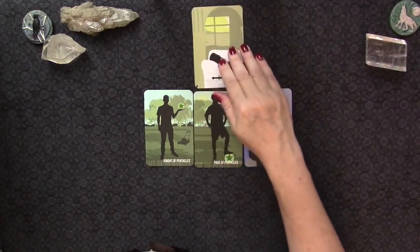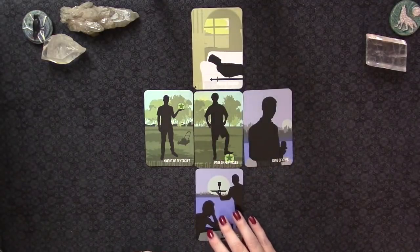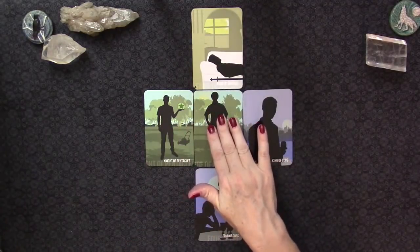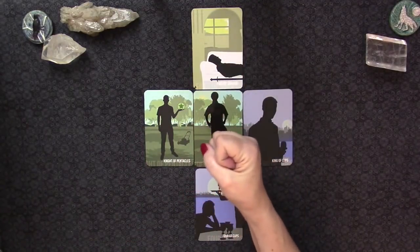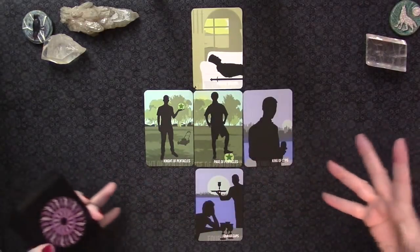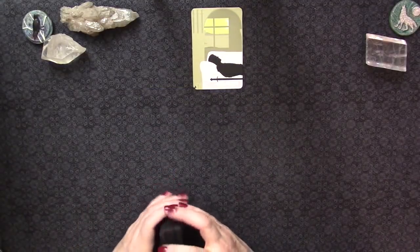Also, again, love the elemental cross like this, and you can use it for all different kinds of positions. I use it for the 4 elements and the 5th element of spirit, or what's at the heart of the matter, right? That's a great one. And then you can build from there into larger ones like a Celtic Cross, or creating your own as I